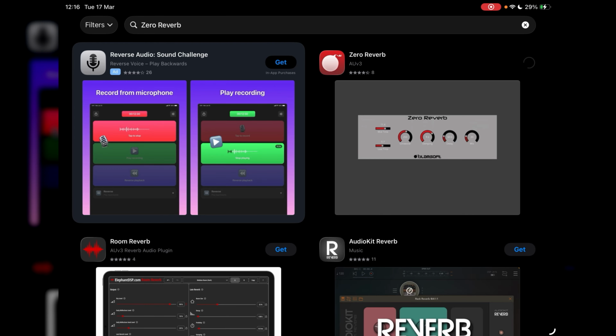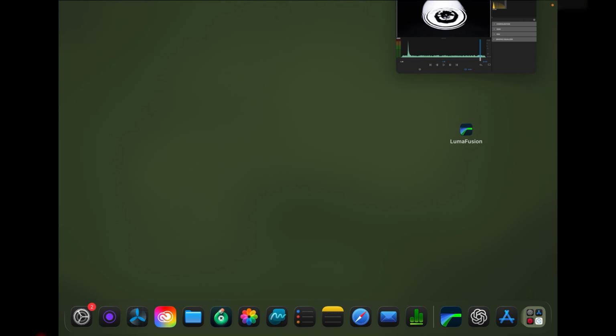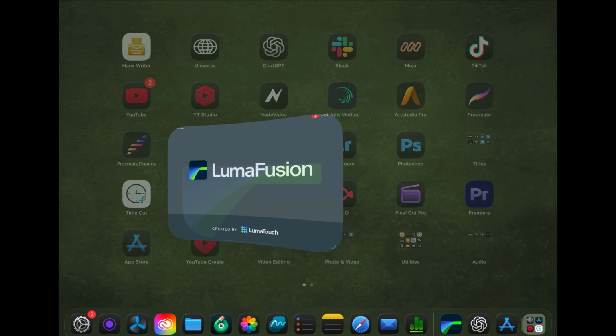So I'm just going to download it. Takes a second or two to install. And we don't want to tap open here. What we want to do is just close LumaFusion, relaunch it, and then if we go back into our audio,